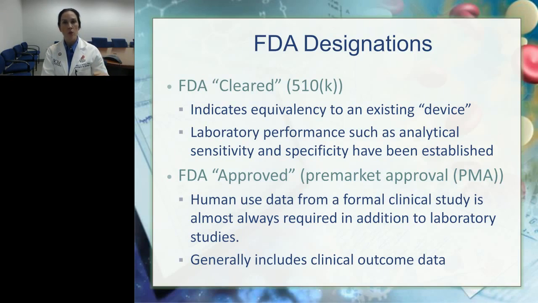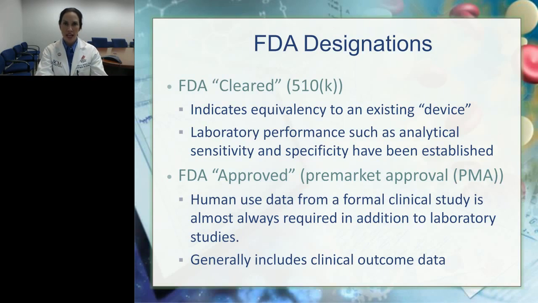If it's not, it receives a designation of what you would hear as research use only. And typically, if it is an RUO, or research use only, you cannot report it clinically unless you've done a complete internal validation, which we'll talk about in a bit. But the big difference between an FDA-cleared test and an FDA-approved test is simply the level of data that is required for that designation. So any FDA-approved assay actually has gone through extensive clinical trials, and there is data from real patients that can say this is how this assay